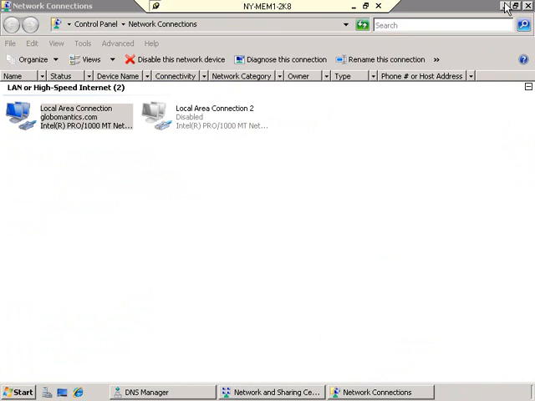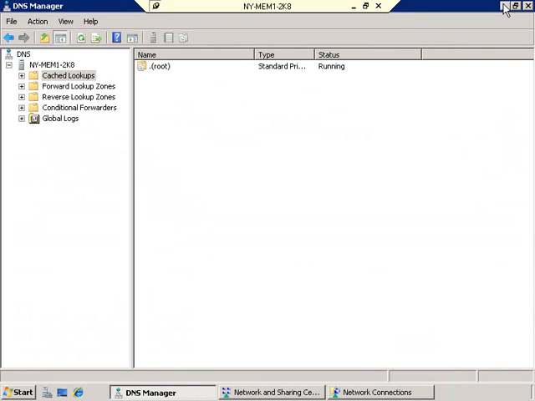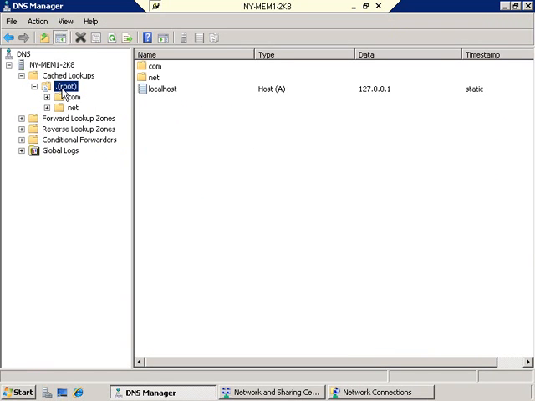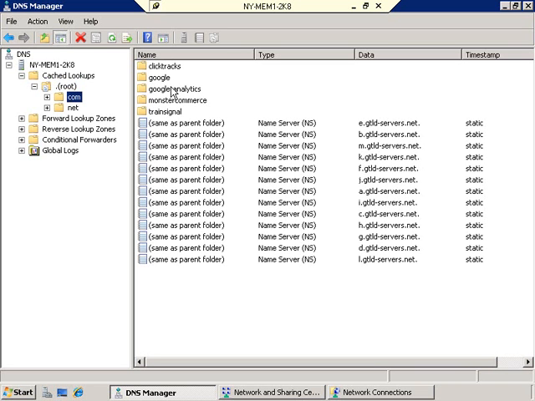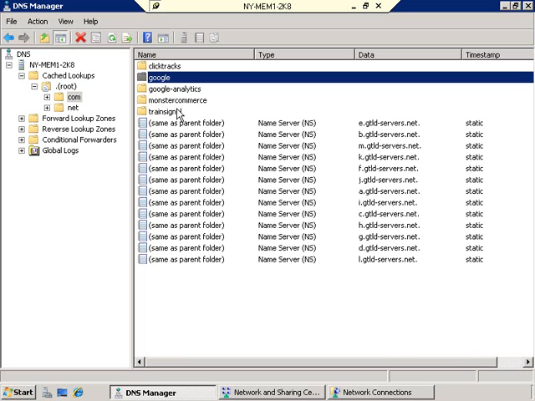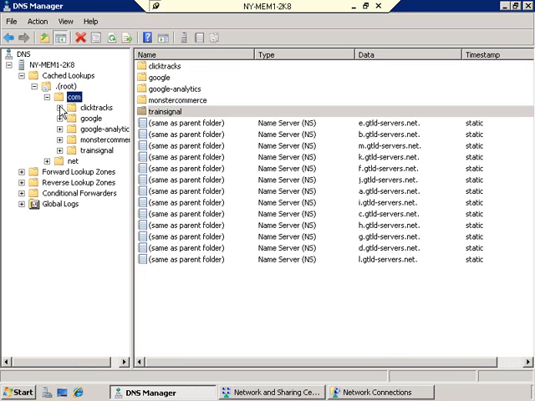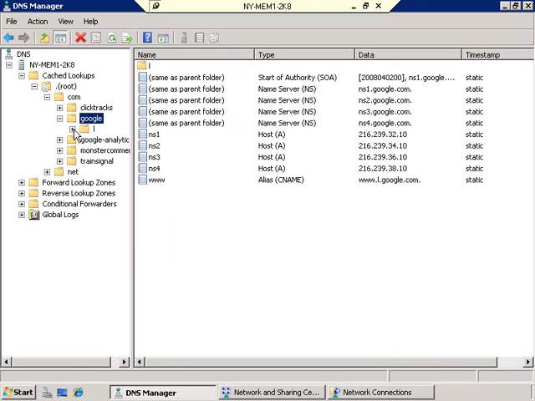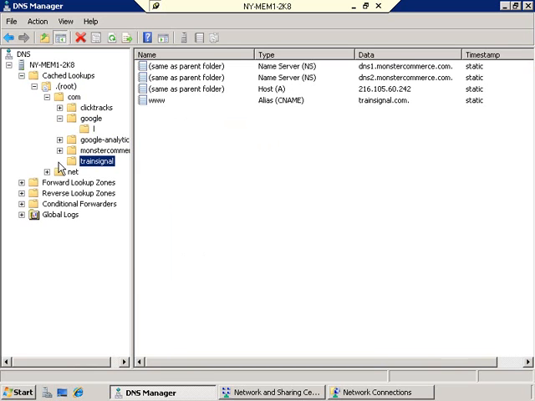I will minimize these windows on our networking, bring us back to our DNS manager, because I want to show you under cached lookups, under root, you now see COM. And if I look at COM, you'll see I have Google and I have trainsignal. So I have all kinds of records. You would never imagine that there's this many records involved with some of the simplest requests out on the internet,